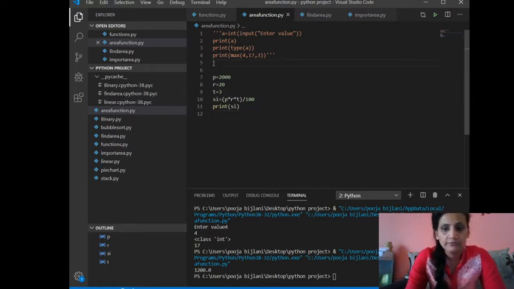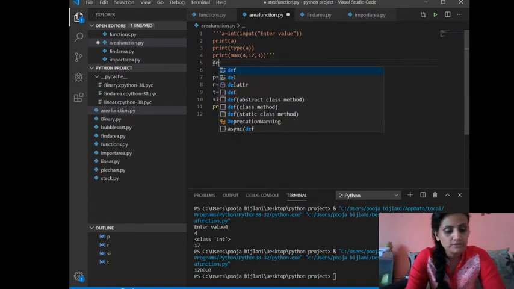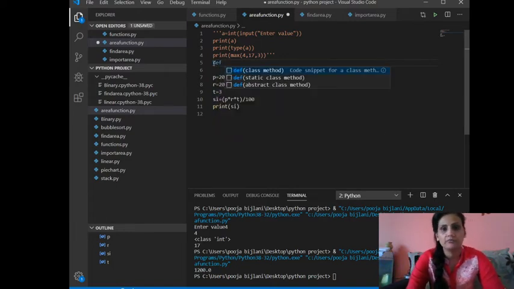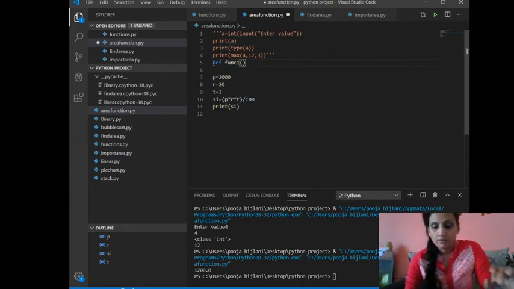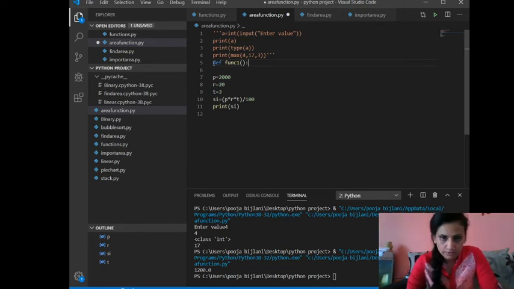So when you start defining your function, the first thing you do is use the keyword DEF, which is a short form of definition. So DEF. Now keep a name for your function. I am taking it as function 1, parenthesis and colon. The colon is a part of the syntax when we define any function. Now this parenthesis is quite important. Inside this parenthesis we write the parameters. Parameters are nothing but variables, and these variables are the acceptors of the values that we are going to send through the call of the function. So they will accept the value.